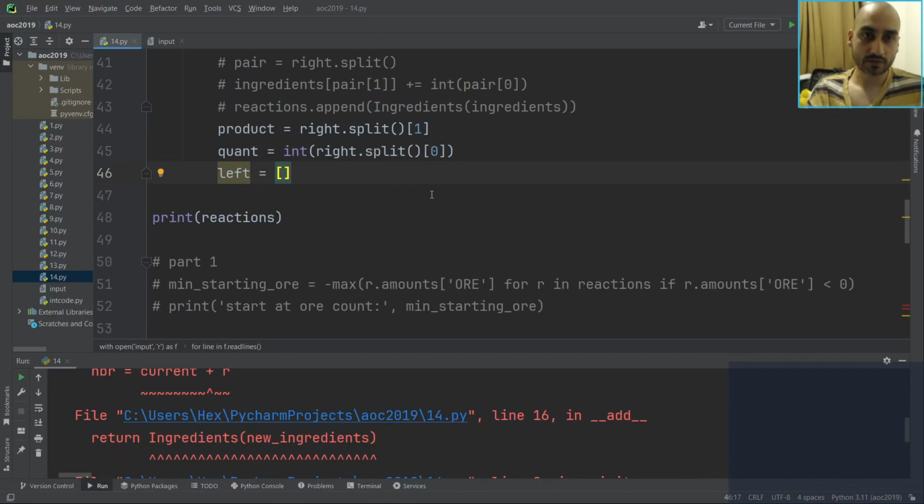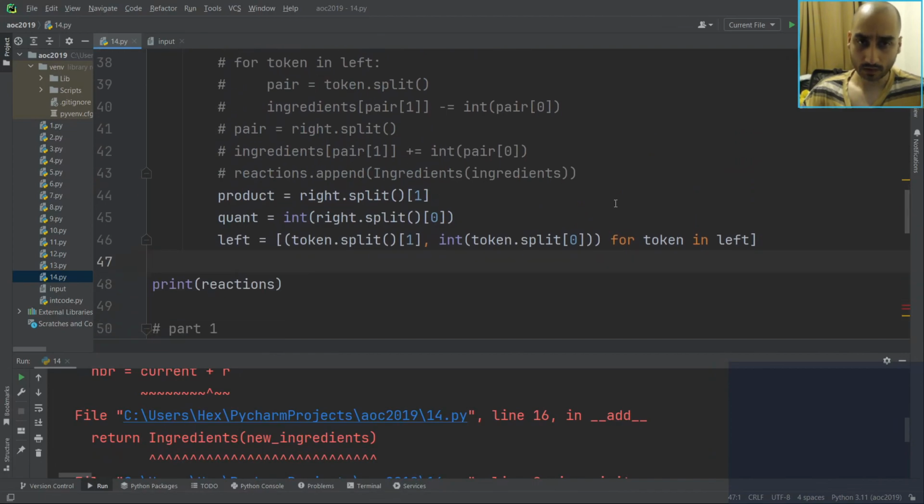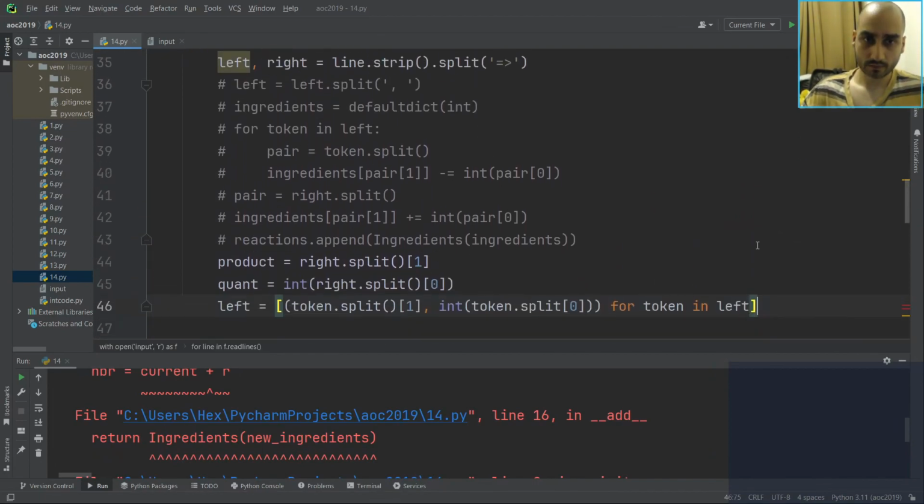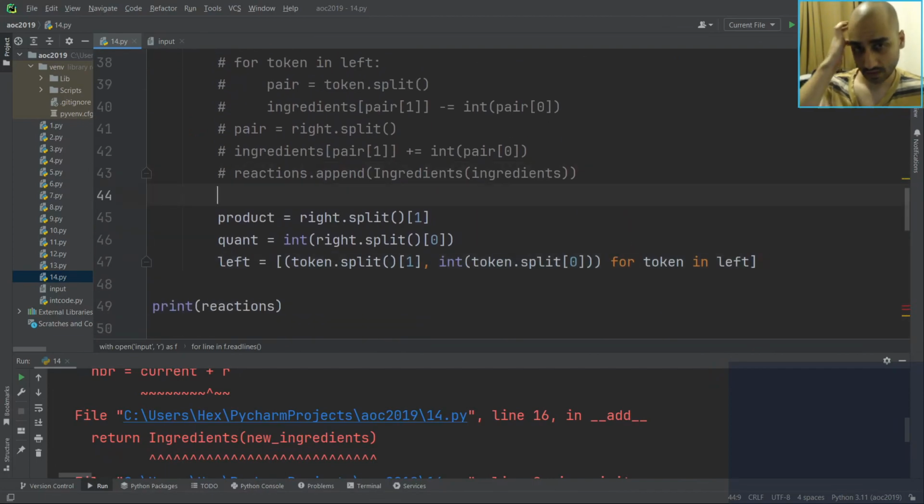All right, left equals token dot split 1, token dot split 0. Okay. We just want to say